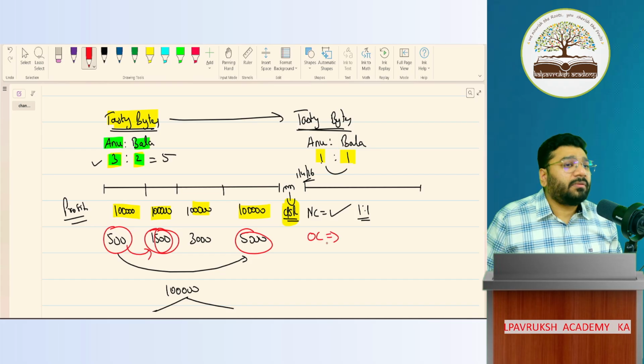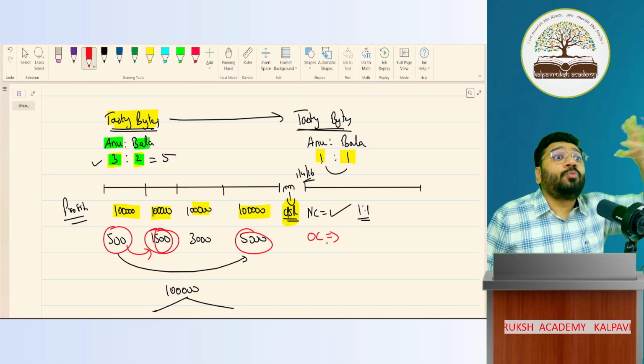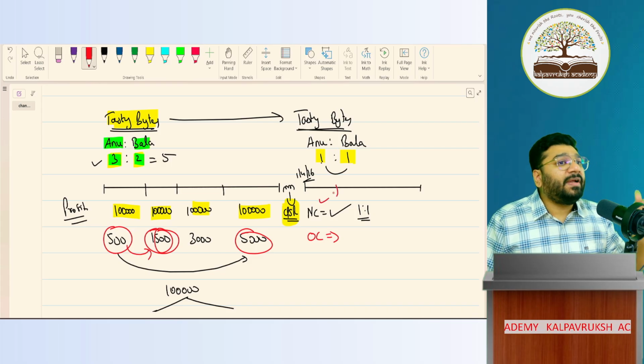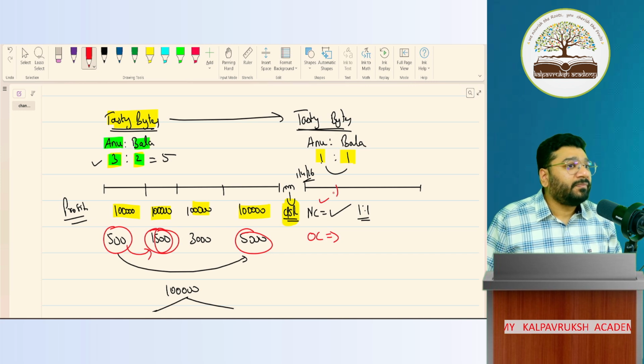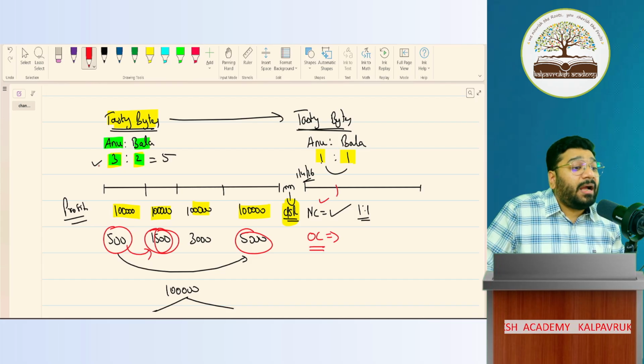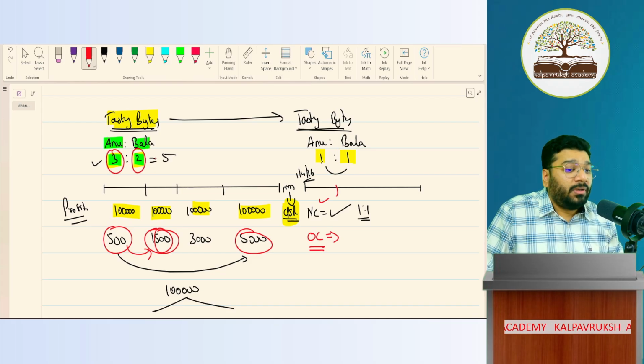Old customers will give you new profits. Yes or no? Old customers will give you profits here. This profit, in what ratio will you split? The profit you are going to earn from old customers was set by Anu and Bala in the ratio 3:2. But